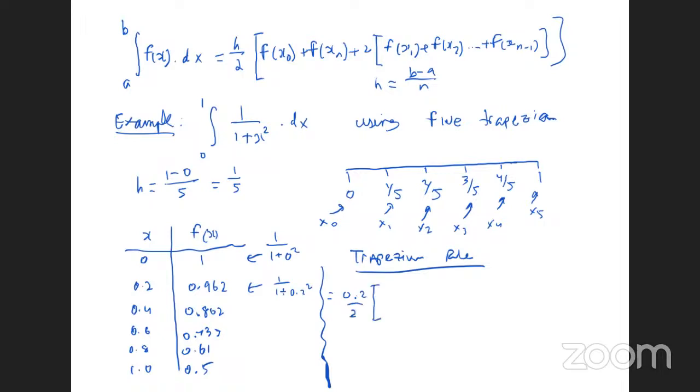Open brackets, the first value, that'll be 1, and the last value, 0.5, and then we're going to add that to 2 of the